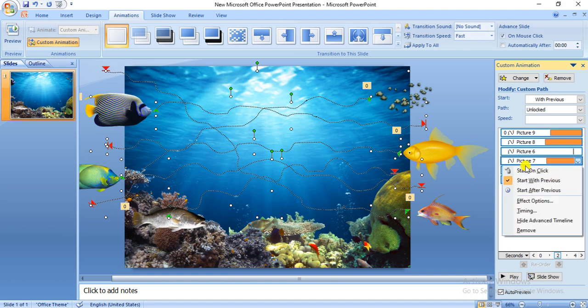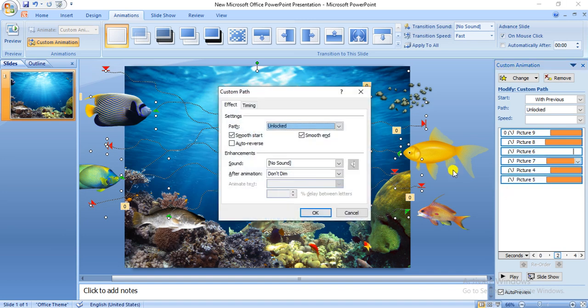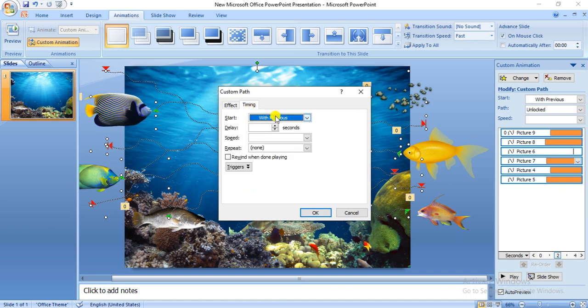And again I'll click on the right and I'll go to the effect option. Click on the effect option and you can see there will be an option of animation. So if you do not want to, don't dim. If you want to give a sound, you can give a particular sound from here also. So I prefer giving it no sound. With the timing, you have to go with very slow and repeat. You have to click on the repeat option and you have to click on until end of slide and you have to click on OK.